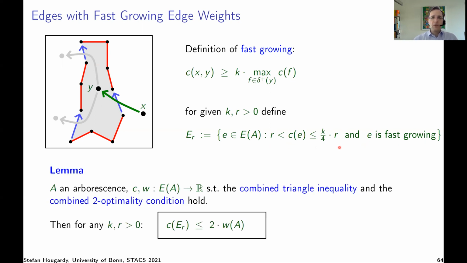And for these edge sets, we can prove, if we assume the combined triangle inequality and the combined 2-optimality condition, that the total C value of such an edge set is bounded by twice the W value of our arborescence. And having these two results for the slowly growing and fast growing edge sets, we can prove our main lemma